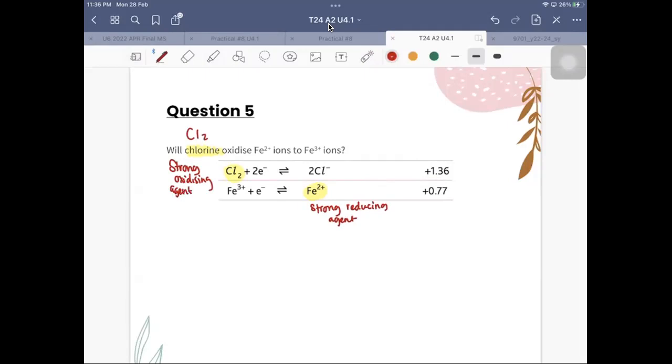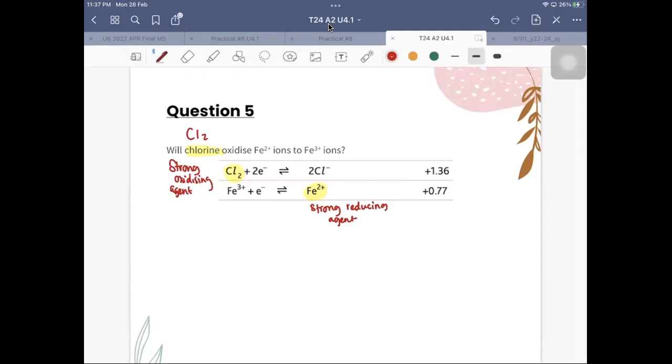Okay, if the question doesn't ask you for the E cell value, then you could just say, yes, chlorine can oxidize Fe2+. So that means chlorine can react with Fe2+ because chlorine is a strong oxidizing agent and Fe2+ is a strong reducing agent, right? However, if we want to prove this using